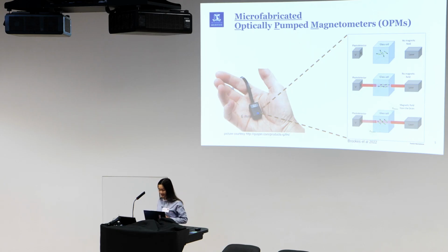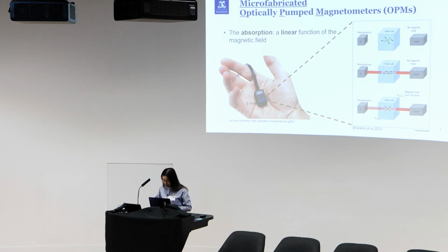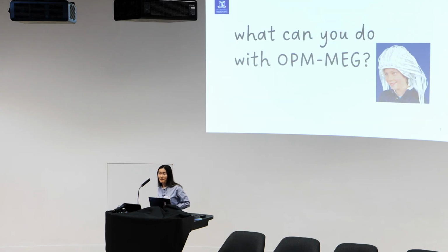And the magic is that the absorption function is a linear function of the magnetic field. And that is how OPMs detect tiny neuromagnetic fields in a regime totally different from the cryogenic MEG. So basically, you now have an OPM MEG system, but what can you do in your research a little bit differently